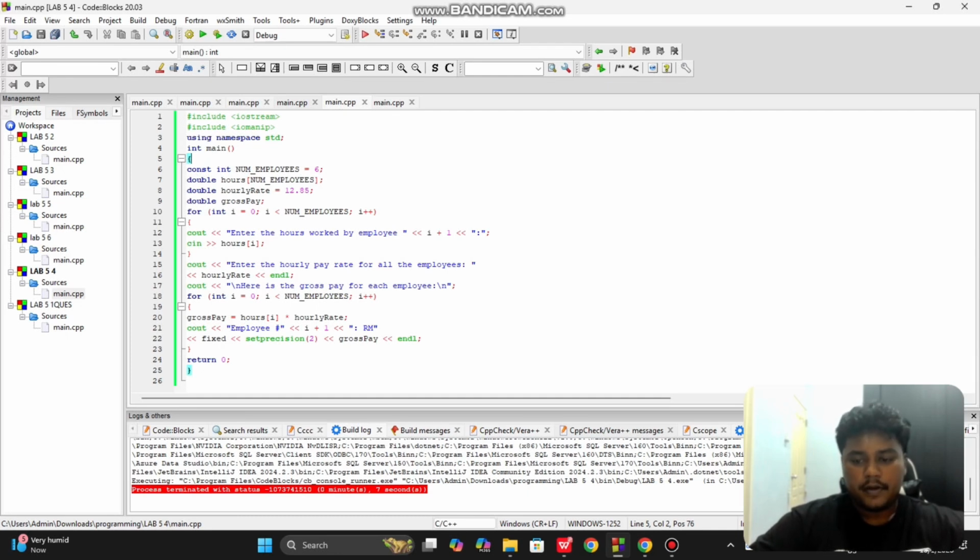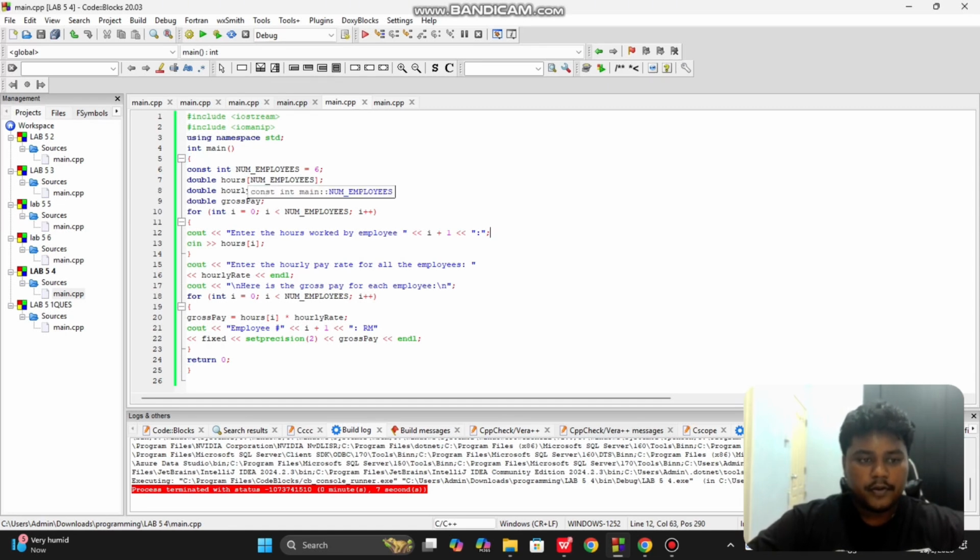And then we have include iomanip. It is used to format the output, especially for setting decimal positions. As usual, we have the namespace, which allows the program to use standard C++ features without writing std. As usual, we have int main, that is the main function for all programs. Alright, so let's look at our